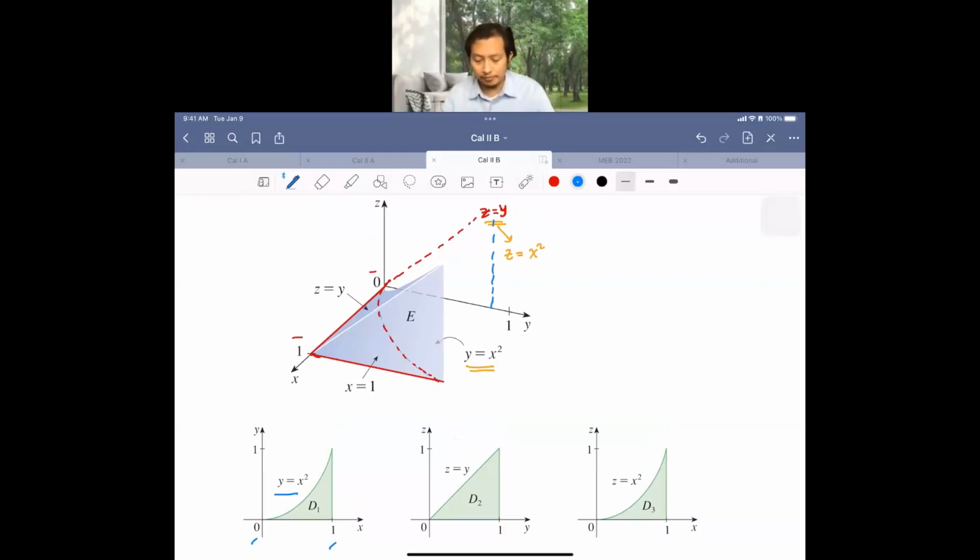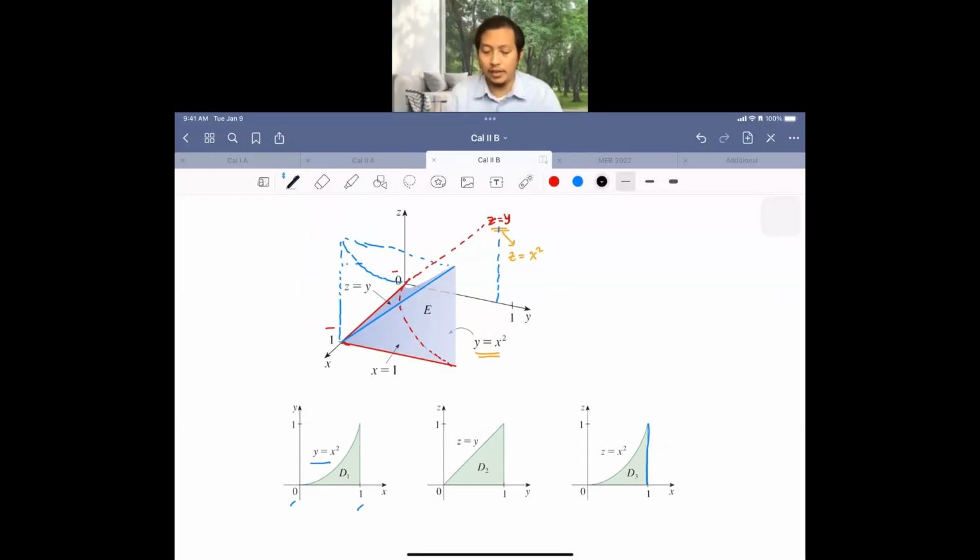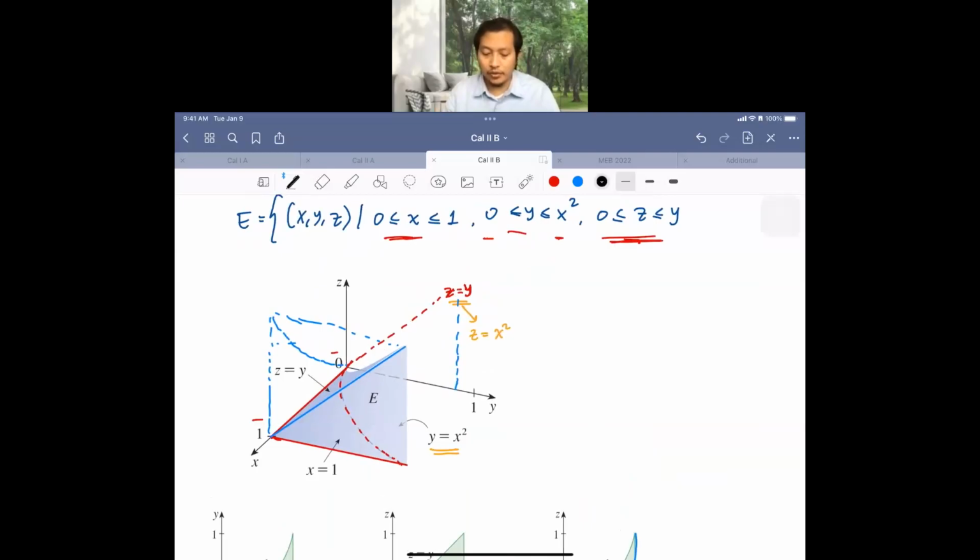So the xz plane, if you see, okay, this line here, x equals 1, is from this line. So we could project this through here, right? So we could say that this will be our projection, and this is projected through this. That's how we project all these 3 different planes: xy plane, yz plane, and xz plane. Okay, so the next thing is we could write down all the